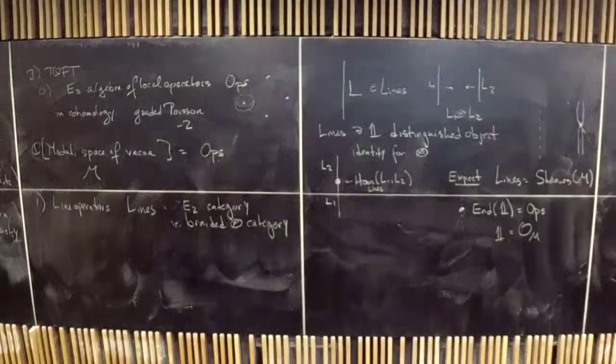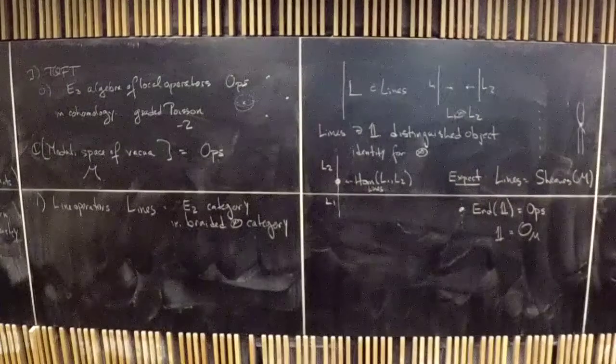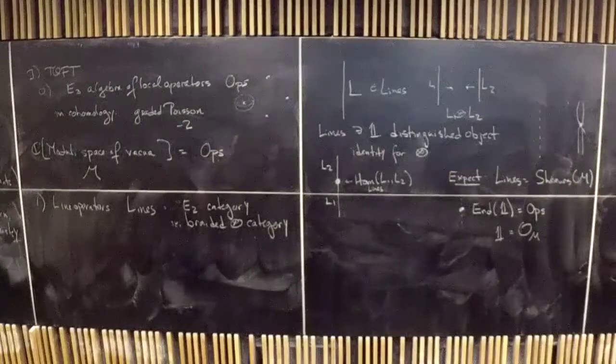Yeah. A question. You said that this will be E2 monoidal, but sheaves is infinity. And is that rather the algebra, like the category of modules, or the algebra of like modules of an E3 algebra is an E2 category? Yes. But this could be richer, right? Line operators not necessarily generated by the trivial line. Yeah, I know that. Yes, sorry, absolutely. And that will actually come up when I write down what the categories of lines are.